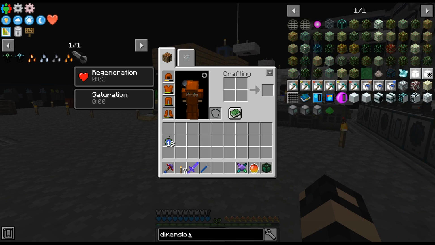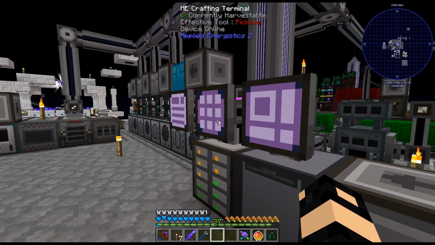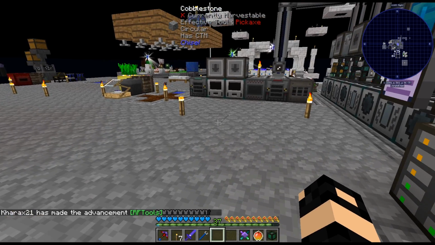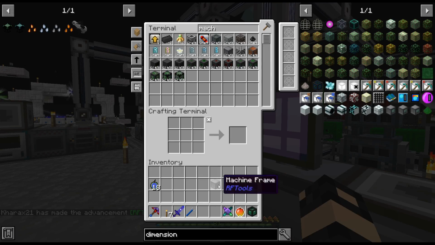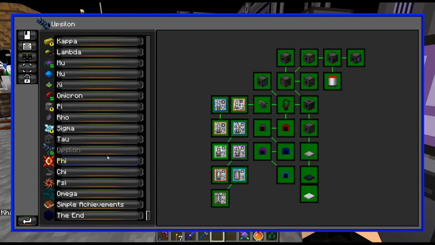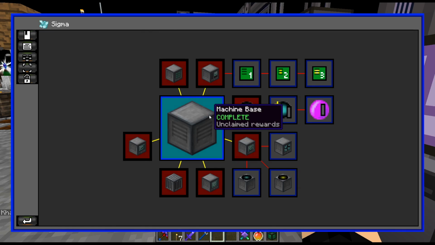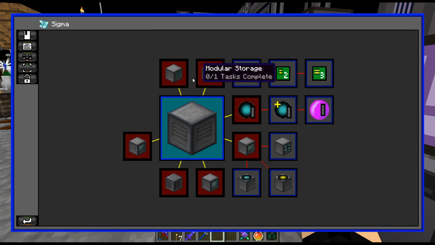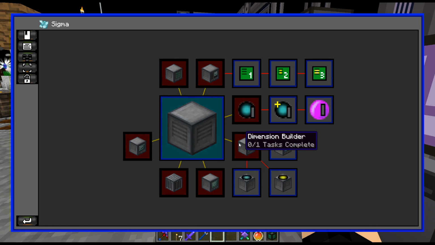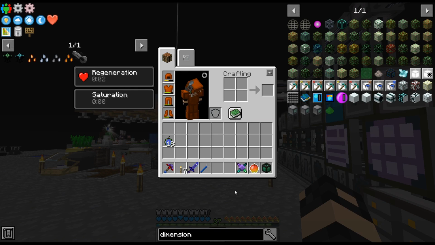Dimension builder. Let's actually grab the machine frame so we can finally get the quest for... So that opens up that crafters, modular storage, dialing device, Dimlet workbench, dimension inscriber, dimension builder. Dimension builder, though,